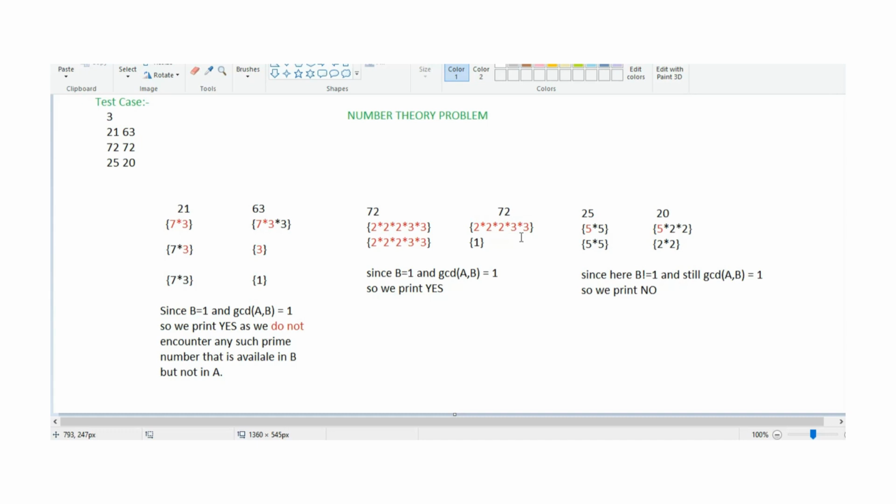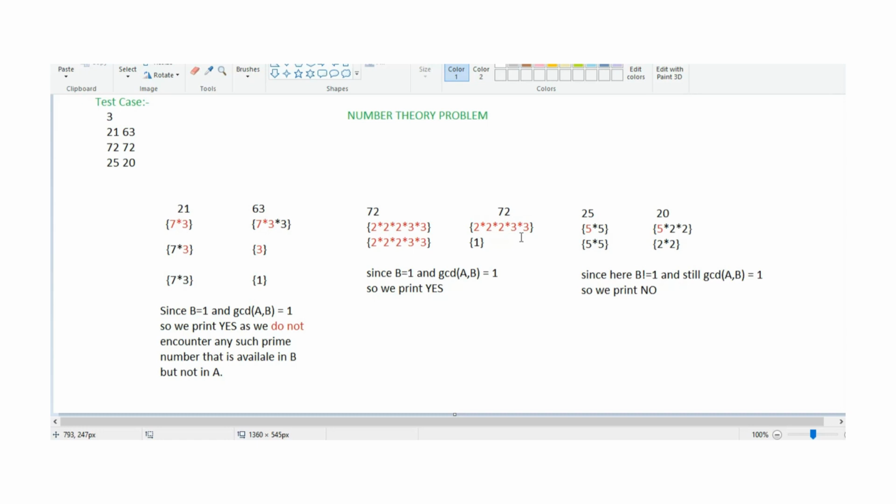What we have done is calculate the factors of a and b, and check whether the factors of b are dividing a or not. And if some of the factors are dividing a, then we simply remove those factors and check for the remaining factors whether they are dividing it or not.